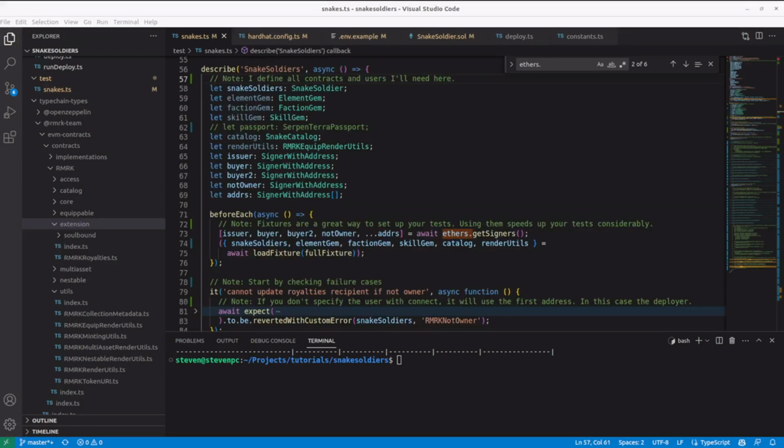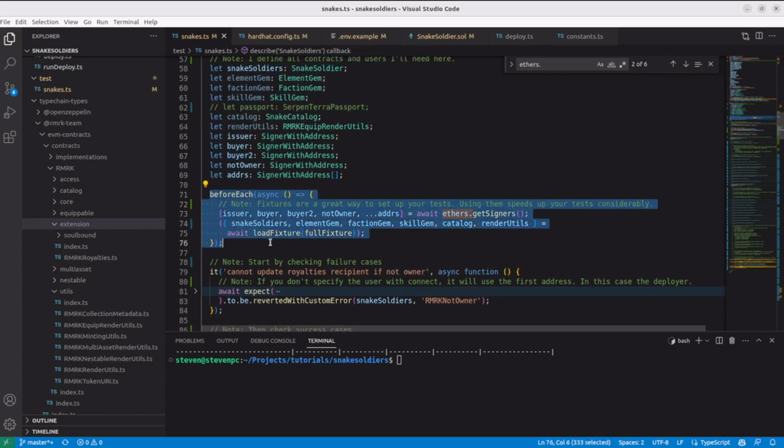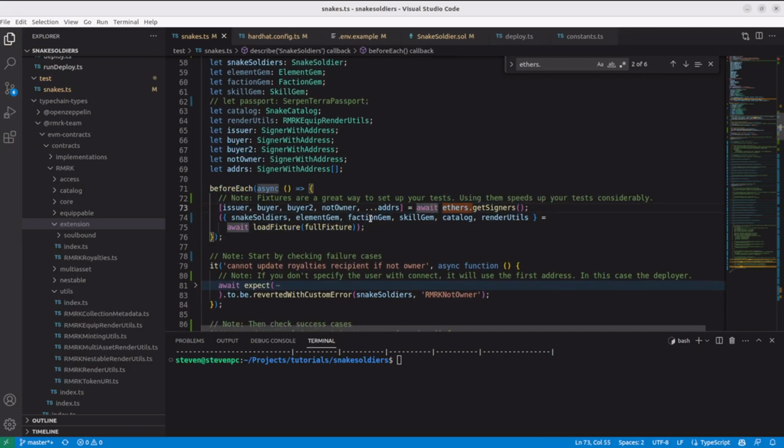What I'll show you here is how I do testing. There are probably many alternatives or best practices, but I want to show you what has worked for me after writing literally thousands of lines of tests, so you have a place to start. I'll start by defining all the variables I will need, especially contracts and signers, each of them with the right type, and then I will do a beforeEach where I will set the initial configurations that will apply for each of the tests. So this code here will run before each test that's defined after that.